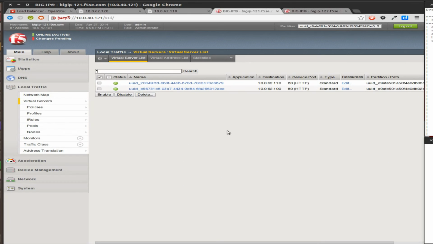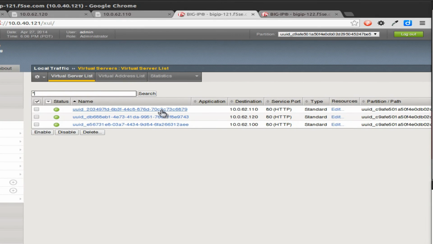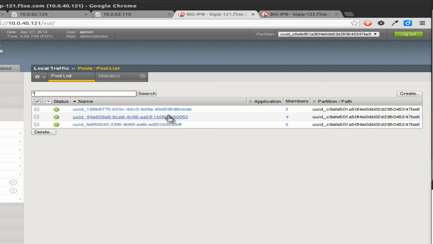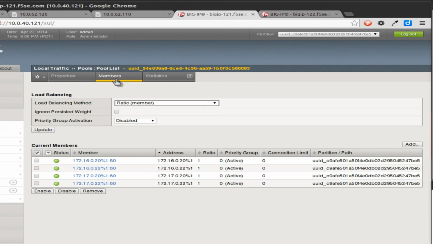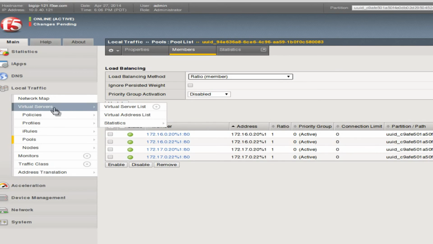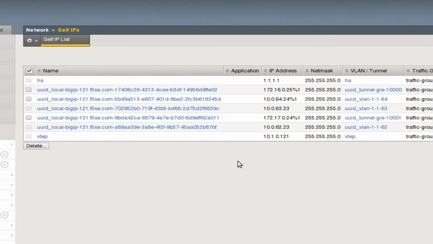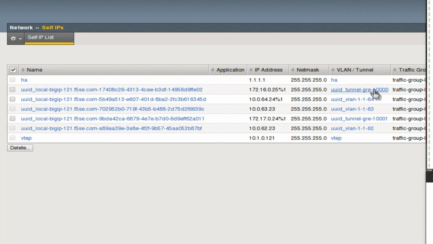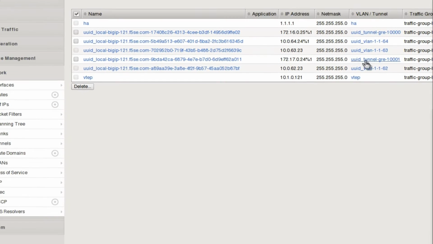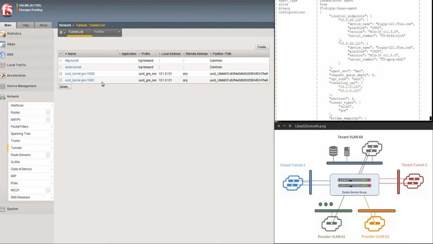Let's look what this one did on the Big IP. There's my third service for 110. I see the pool associated with it. I go to my pool members. Now notice they're decorated again, but look at the address subnet space, 172.16 and 17. If I look at my networks down here and I look at my self IPs, yes, I have self IPs, but you'll see they've been generated on GRE tunnels. Did I create the GRE tunnels? Really? Yes, we did. So what this means is that the Big IP actually entered into a GRE tunnel mesh